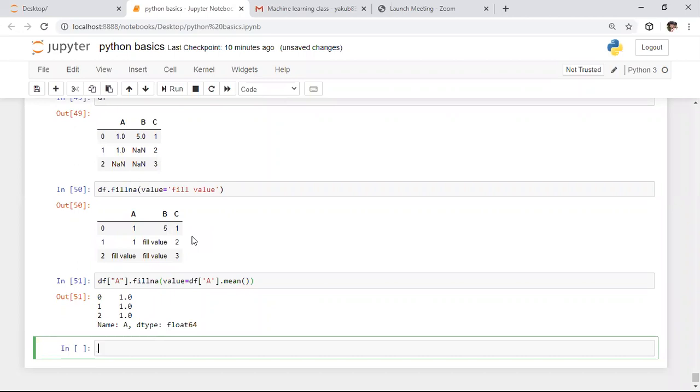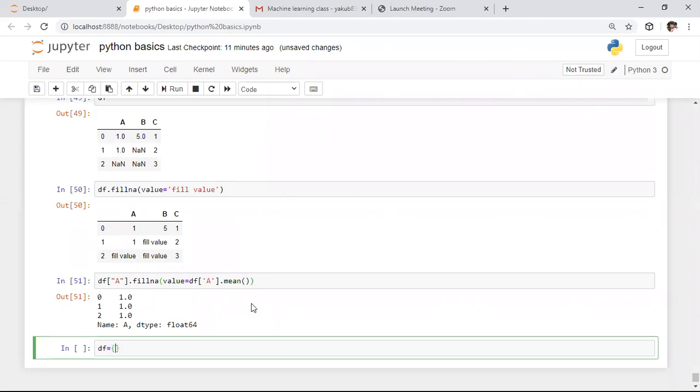After this, we have the group by function. It is a very important function in pandas, and in analytics it is used almost everywhere. To make you understand this function, I will take one simple example. Initially, I want to create one data frame, again from one dictionary. So here I am creating one dictionary initially.